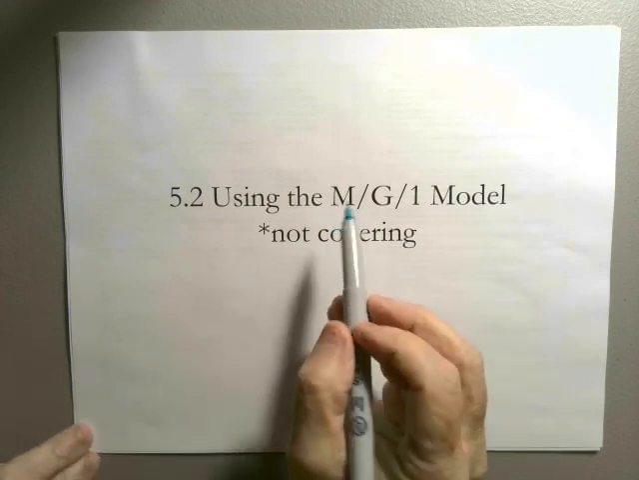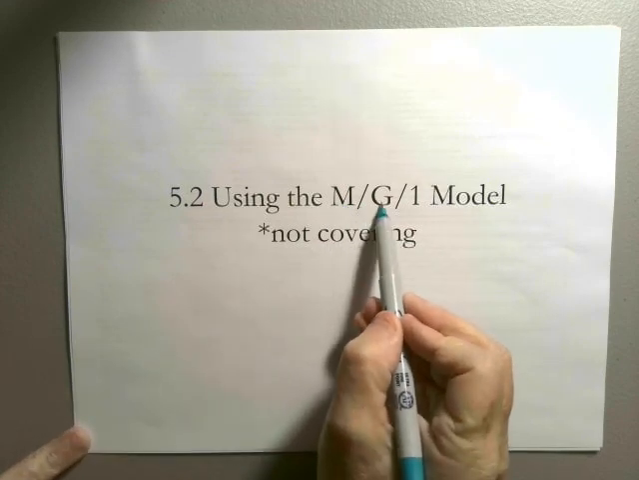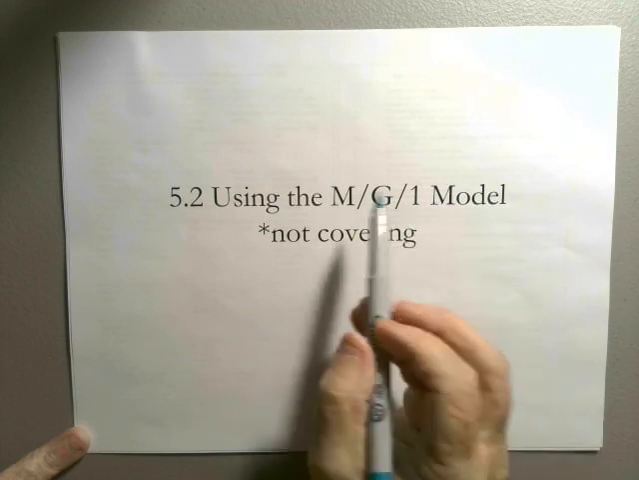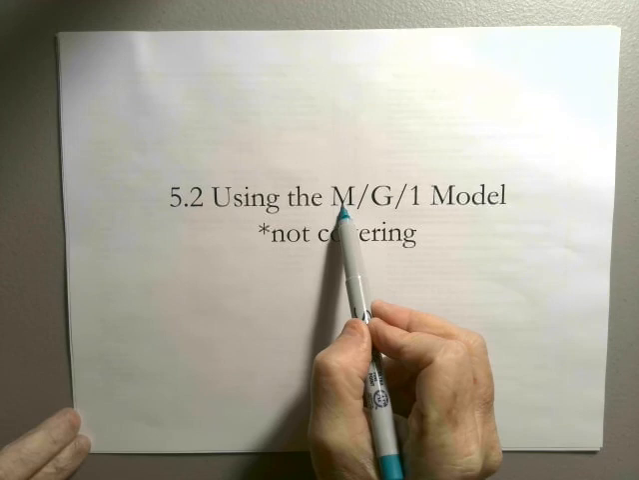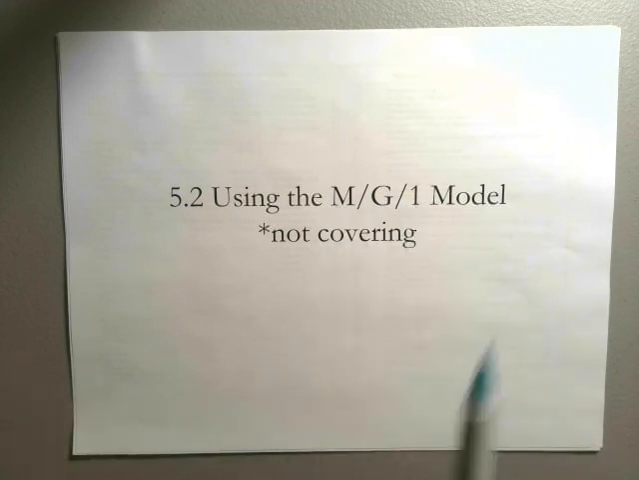So remember, this is arrivals, services, and number of servers. Arrivals are Markovian, meaning the inter-arrival times are exponential. Service times here are general, meaning they could really be anything, but we're not going to cover that. So in section 5.3, we're going to start out with a pretty simple example and some notation that you'll need